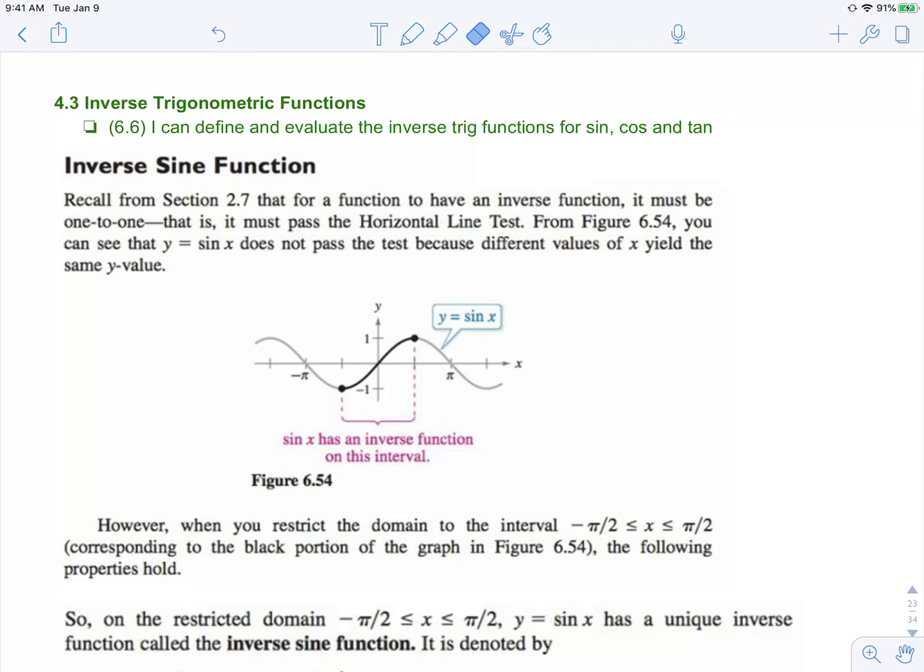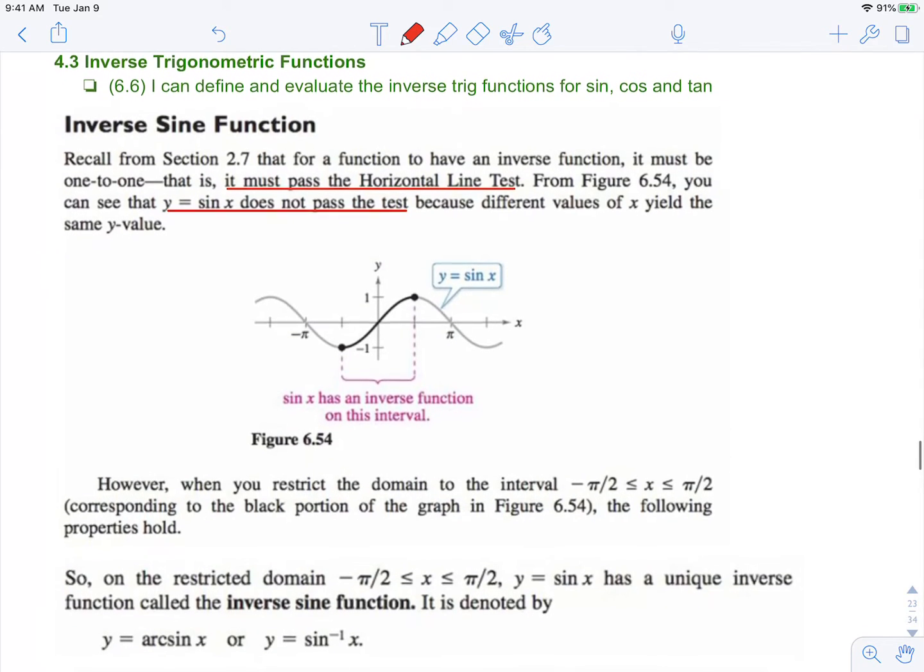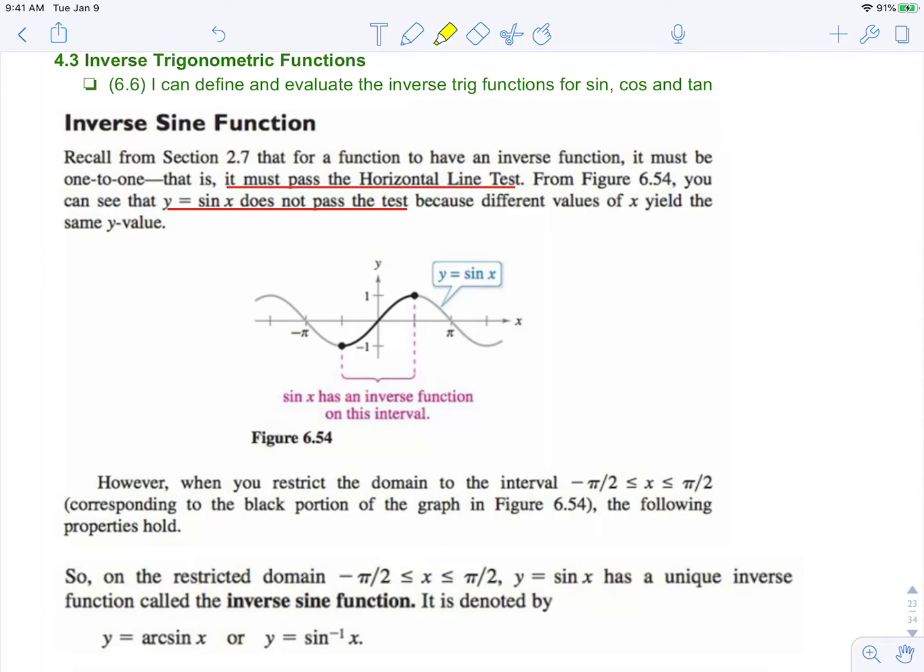Recall that for a function to have an inverse, it must be 1 to 1, which means it must pass the horizontal line test. You can see that y equals sine x does not pass the test because different values of x yield the same y value. However, if you restrict the domain over this interval from negative pi over 2 to positive pi over 2, you